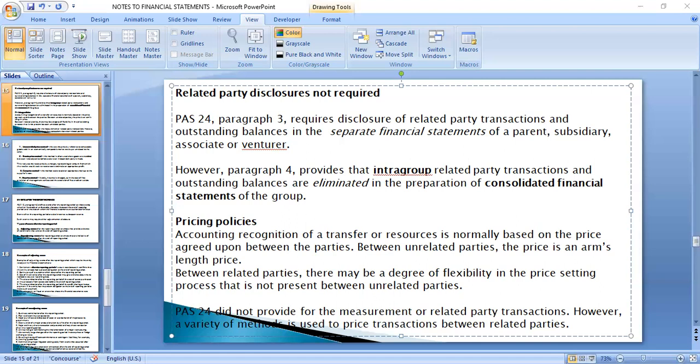Now we have the examples of the non-adjusting events: a business combination after the reporting period, plan to discontinue an operation, major purchase and disposal of asset or expropriation of major asset by government, destruction of a major production plant by a fire after the reporting period, major ordinary share transaction and potential ordinary share transaction after the reporting period, announcing or commencing the implementation of a major restructuring, abnormally large changes after the reporting period in asset prices or foreign